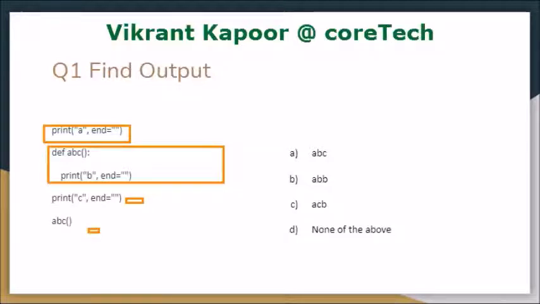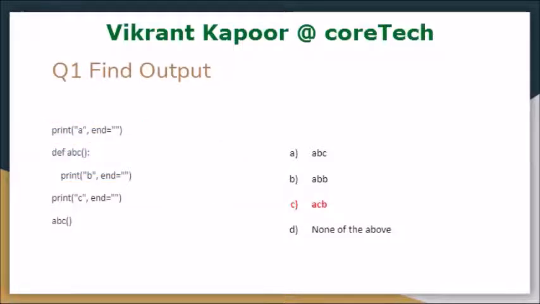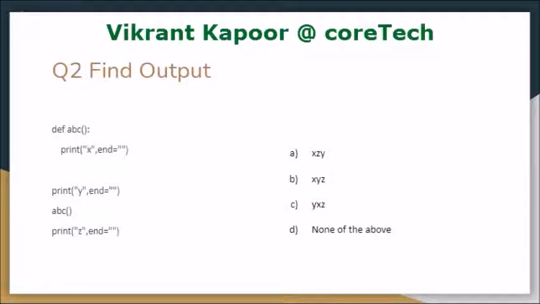So as the question says, we are going to have something like printing the value of a first, but by chance all the three options have a in the beginning. Then we will be having something like c, and only then the function should be called. So we have one option as option number C. As we can see, the correct option in this case is C. Let's see the second question.